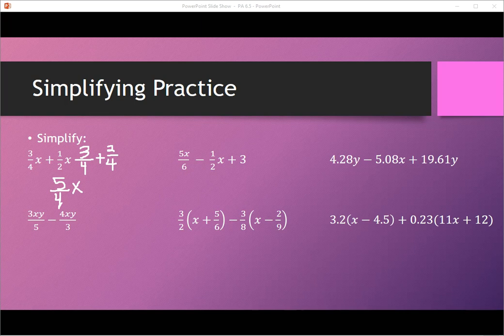For my second one that you see here, my like terms would be 5/6 x and negative 1/2 x. The 5/6 x has the x written in the numerator with the 5. The negative 1/2 has the x written after it. It makes no difference. These still are the same variables with the same exponents. The 3 is not a like term, so I do not combine it. So I'm going to say